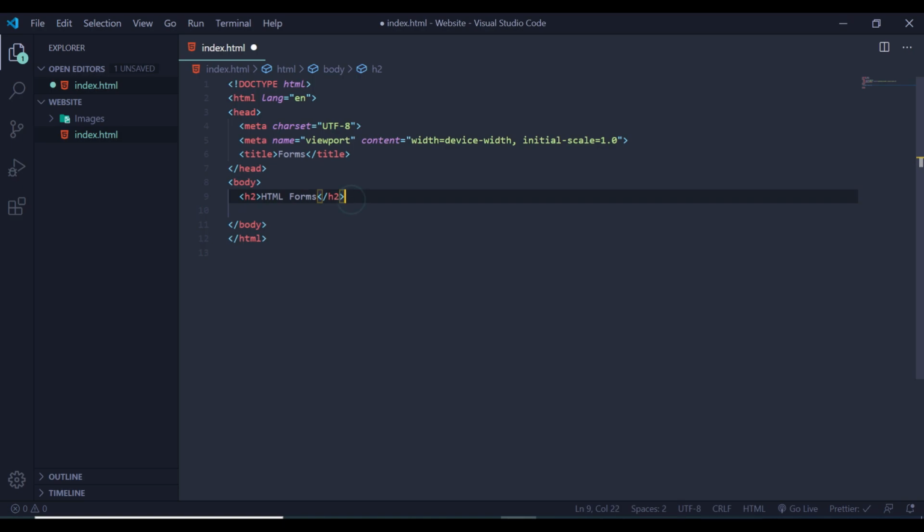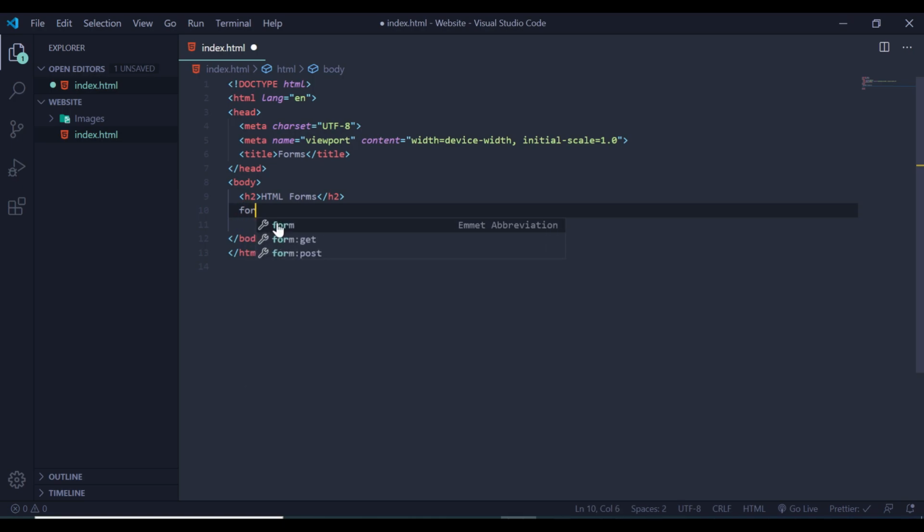So we say the form tag is used to create an HTML form. So start with form, and make sure you close this form. Mine is closed. We are going to see how to use this action later. Now click enter, and we'll create labels. Now the label tag is used to define the labels for input elements, and if you want your user to enter several lines, you should use a text area instead. But I'm going to be using the label tag,